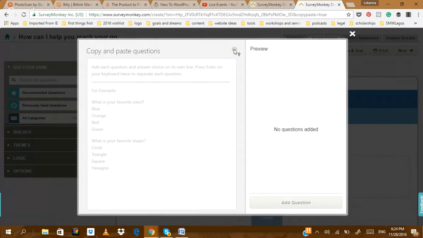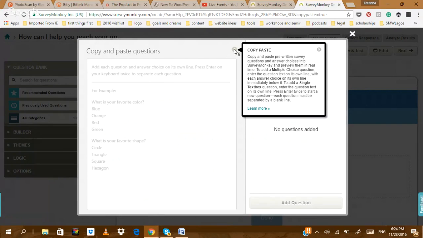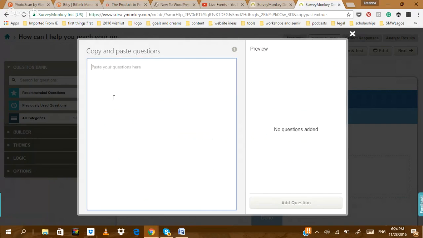You can see this button, the question mark, and it just tells you that if you've already written your survey, just a few more instructions. So to add a multiple choice question, enter the question text on its own line with each answer choice on its own line immediately below it. To add a single text box question, enter the question text on its own line, press enter twice to start a new question. Each question must be separated by a blank line. So it's pretty straightforward. So copy, paste,